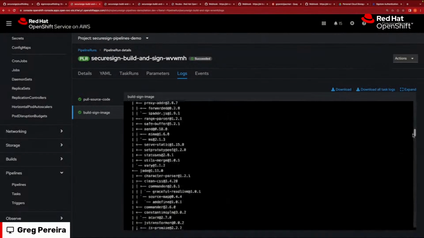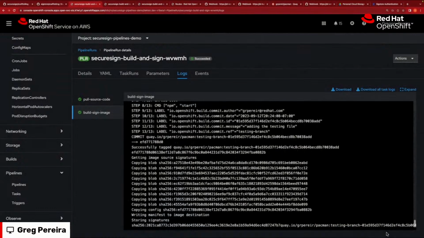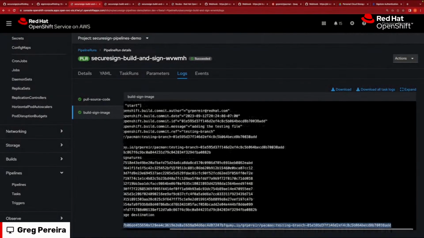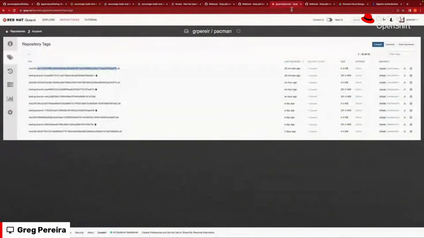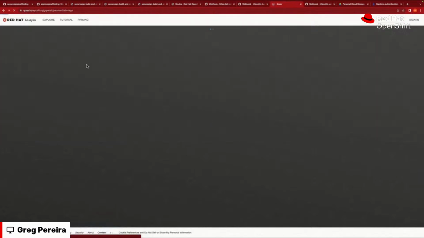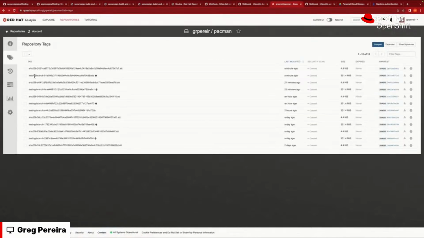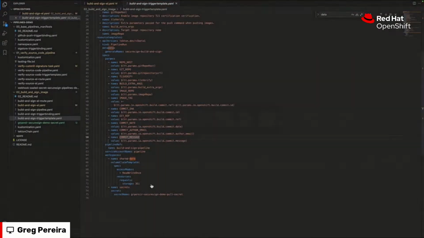Okay. I think we're getting pretty close here. So this is just the logs of it building. I show that it got through all this and it pushed to my Pacman repo here, and it's got this on the testing branch. I just highlight the SHA there to make sure that it's the same when we reload this, and we'll see that it is the same testing branch. We see that little shield with the check mark next to it showing this tag has been signed via Cosign, and we get an attestation pushed with it. And I think it says that somewhere in the logs.